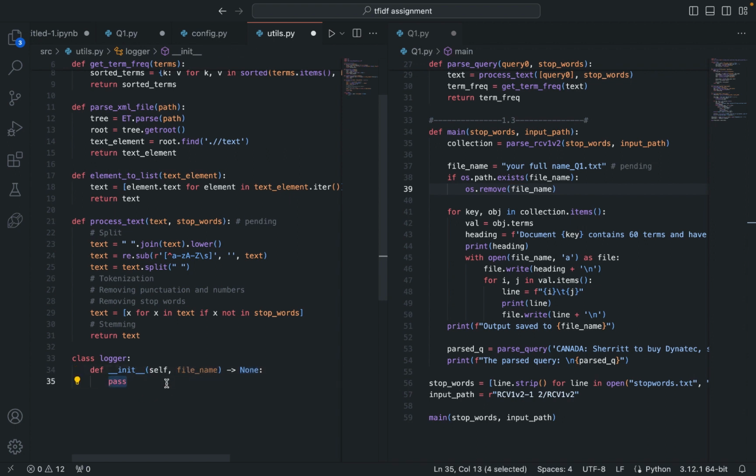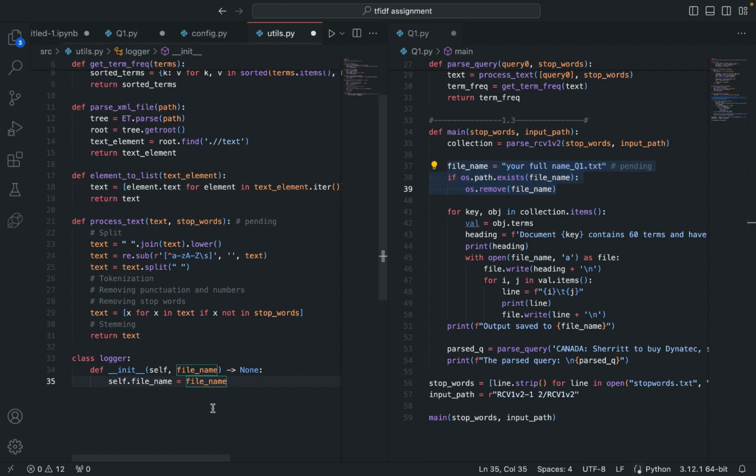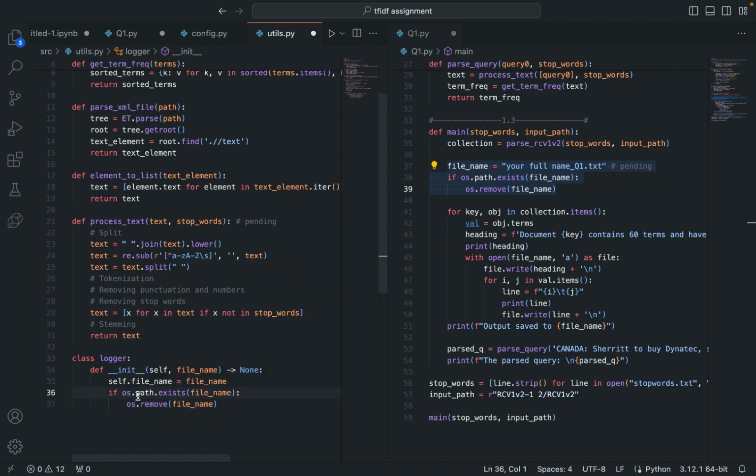It's not going to return anything. self.file_name equal to file_name, and if that file already exists, delete it. Yeah, you can do this part, and then